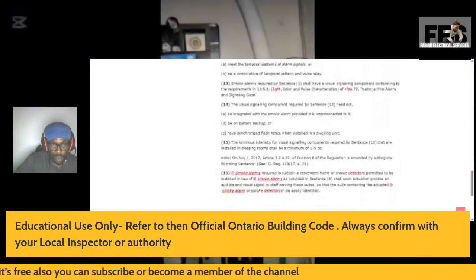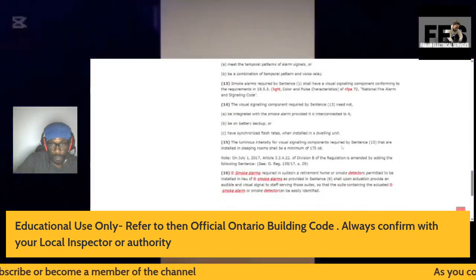The luminous intensity of a visual signaling component required by